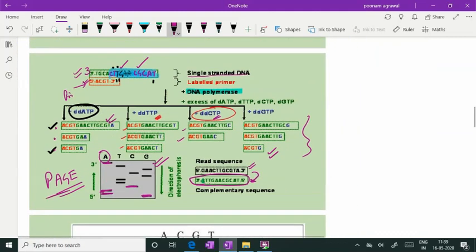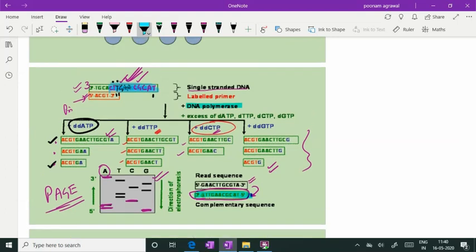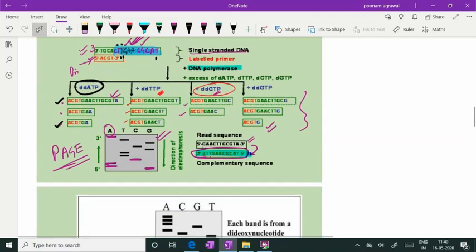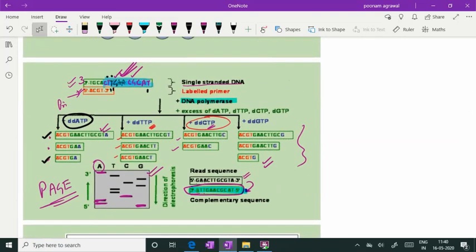Now you see, this was the sequence which was to be analyzed, and now we know that this is the sequence of the DNA fragment. So in a nutshell, if any DNA fragment needs to be sequenced by Sanger's technology, then four varieties of dideoxynucleotide need to be added in individual tubes, and they are allowed to synthesize DNA multiple times, giving a chance for chain termination at each specific point. Then these DNA fragments are separated, and by a specific calculation the complementary strands can be analyzed. That is it. This is Sanger's technique.